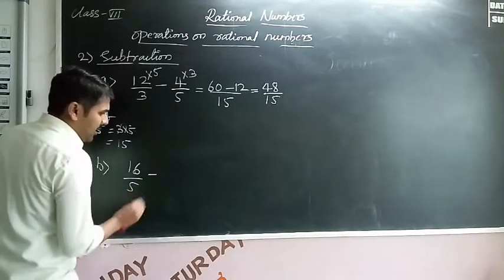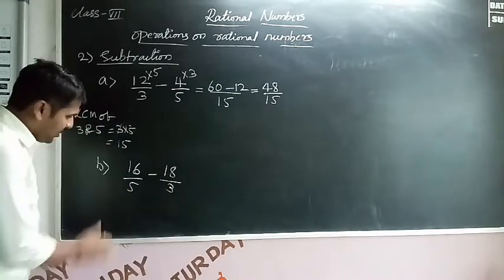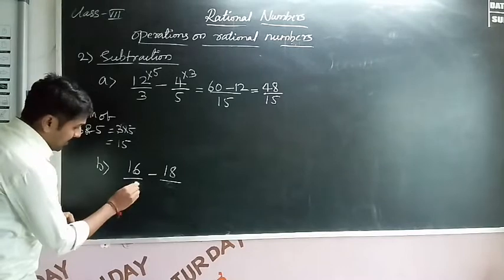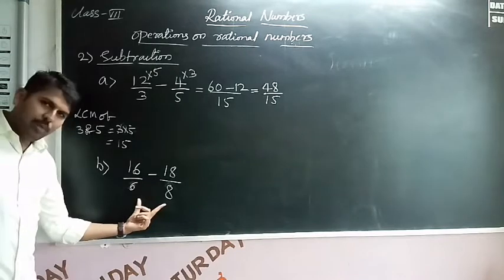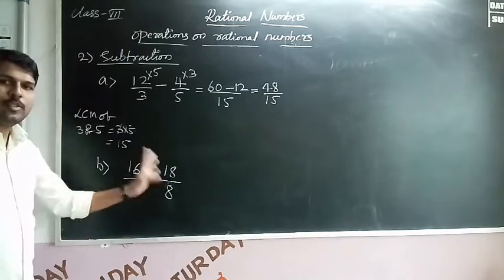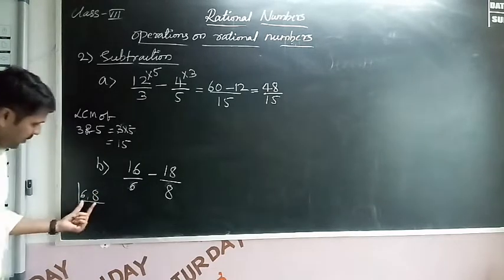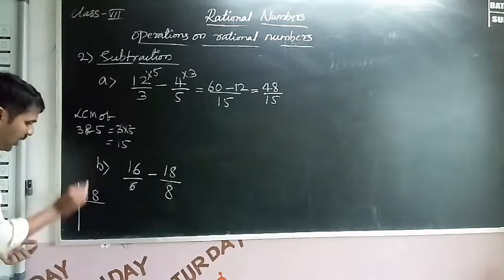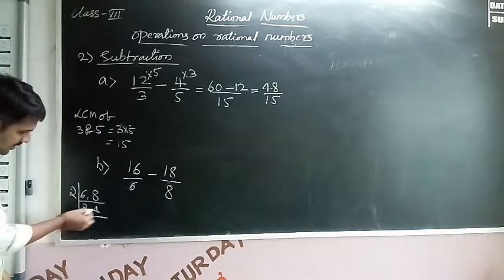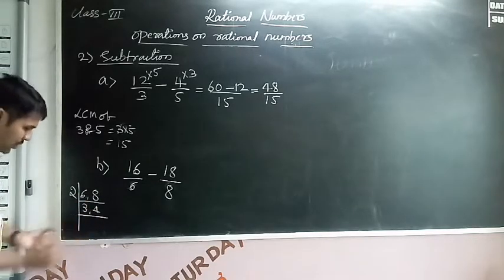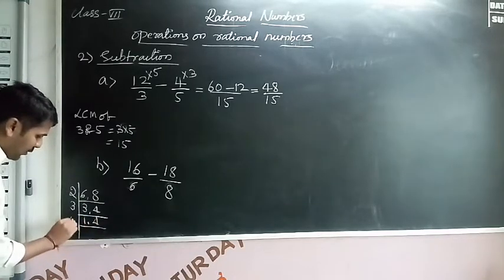16 by 6 minus 18 by 8. Okay. So here the denominators are different, 6 and 8. So here 6 and 8 are there. Different denominators, take the LCM, otherwise just cross multiply. So the LCM of 6 and 8. Is there any common factor between 6 and 8? Yes, 2. Why? Because these two are even numbers. 2 3s are 6, 2 4s are 8. Next, is there any common factor other than 1? No. So that means take the remaining numbers. 3 as is. Next 4. So take down the 4 next.